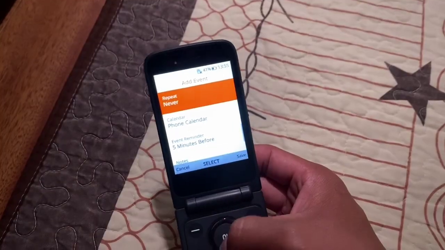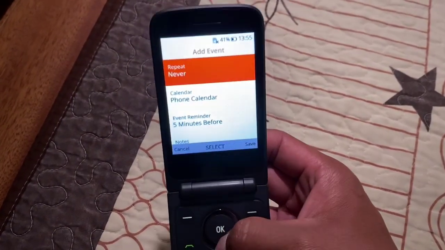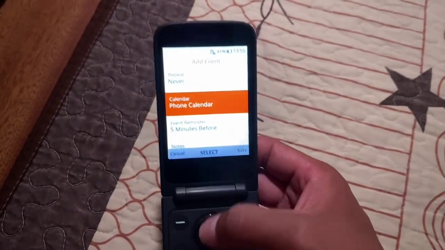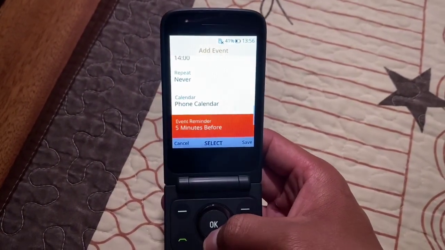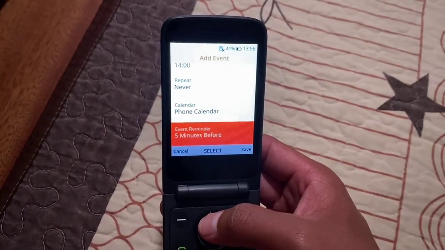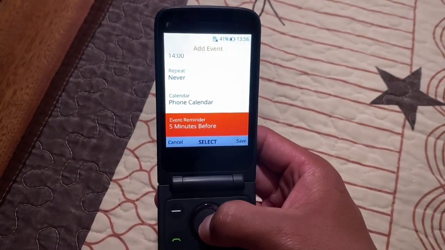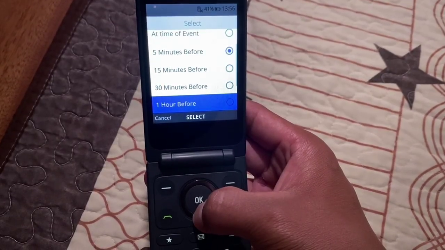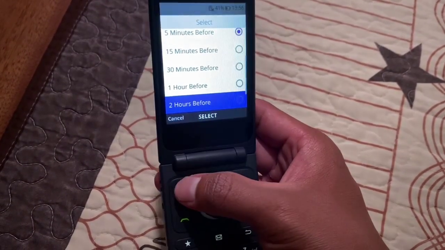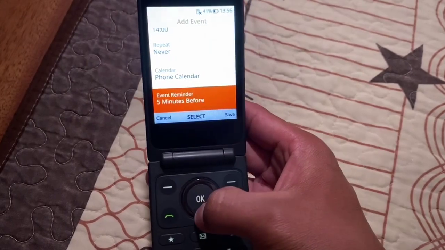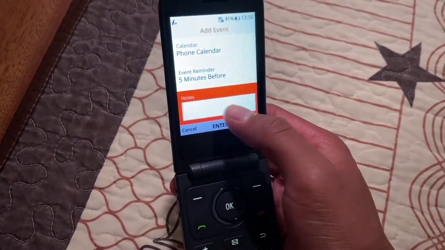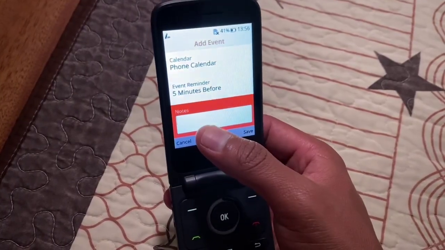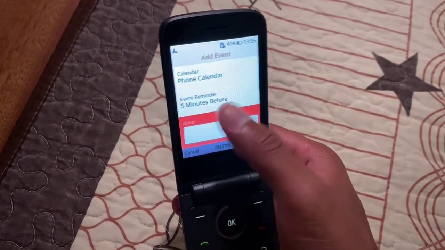And this here, this is for repeat, this is for calendar, phone calendar. So this is gonna save in phone calendar. Event reminder, if you want to get a reminder before the actual time, you can set here a reminder. You can select 5 minutes, 15 or 30, whatever you want, or 2 hours depending on you. And here notes, if you have important information that is related to this event, you can write